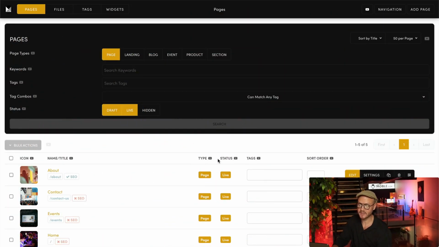So what's the difference between live, draft, and hidden? Well, you can manage live, draft, and hidden in the status. So if I click on live, I can flip it at any time to draft or hidden just by selecting from the drop down. So what's draft? Well, draft, only you and your logged in teammates can see draft pages. This isn't members with login access. This is your logged in teammates who are logged into the CMS, those people that we set up back in